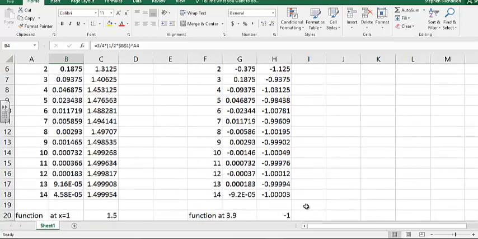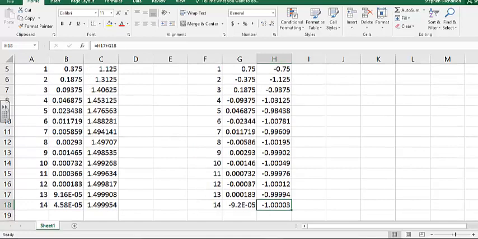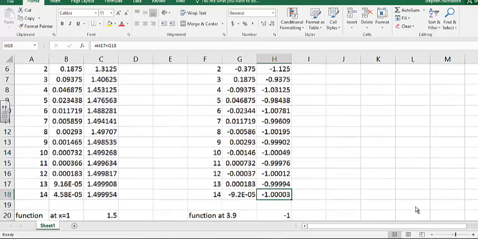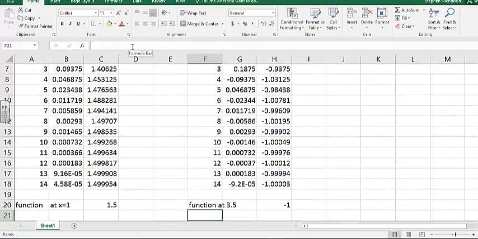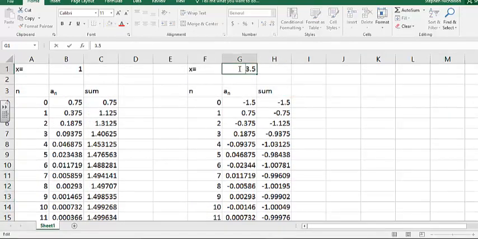And ultimately you get down here and you can see it's approaching negative 1. So they do work. But if I did something just slightly out of, let me just show you, if I put in 4, so instead of, actually this is 3.5. Did I say 3.9? Should have been 3.5. So that's still within the, let me fix that so next time I don't make a mistake. Okay, it was at 3.5, which is still within the interval. But if I evaluated it at 4 instead,